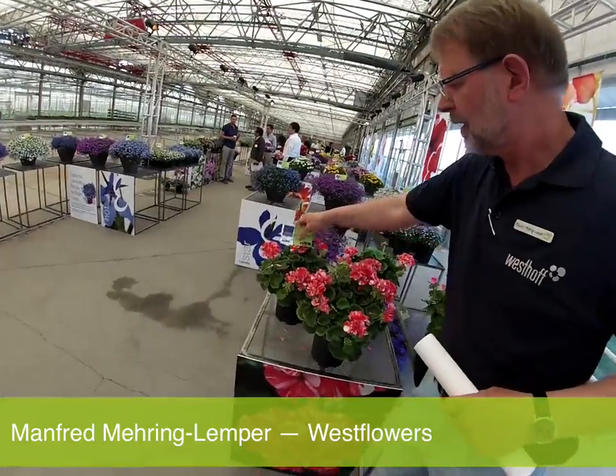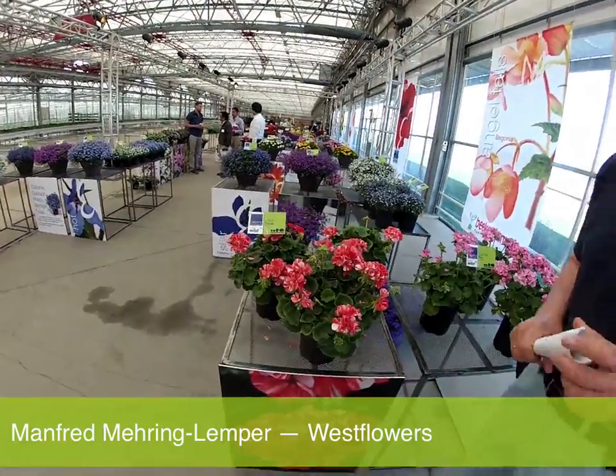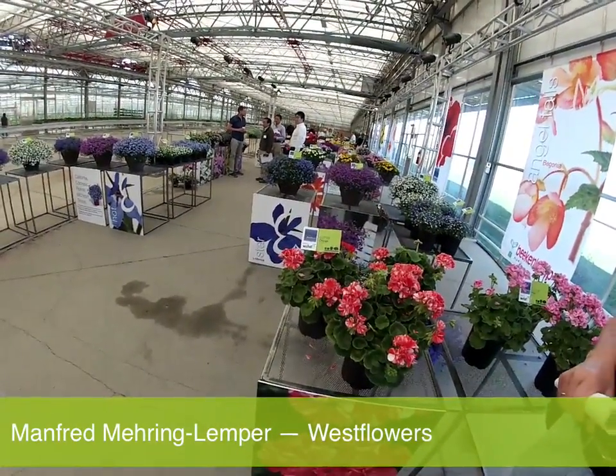The current blue and the white and the purple are on the more vigorous side. So this is the first really compact blue we have in this. We are not a real pelargonium breeder, but we do a lot of